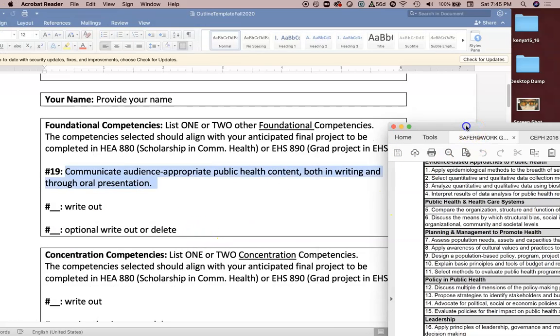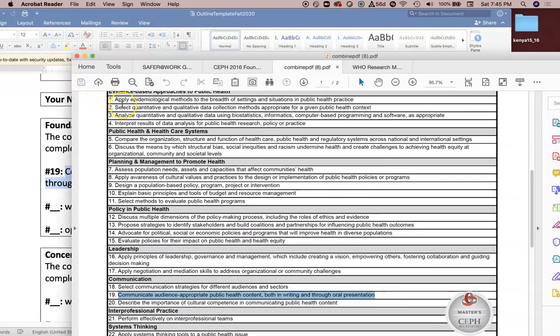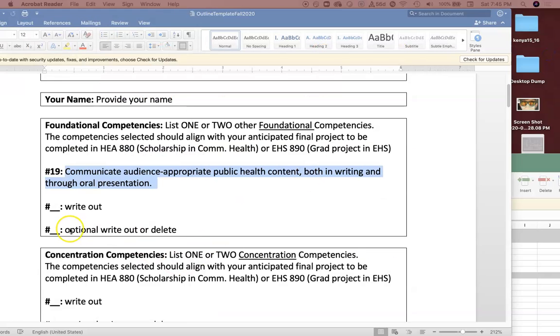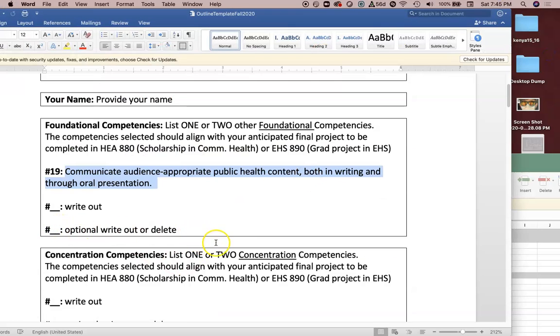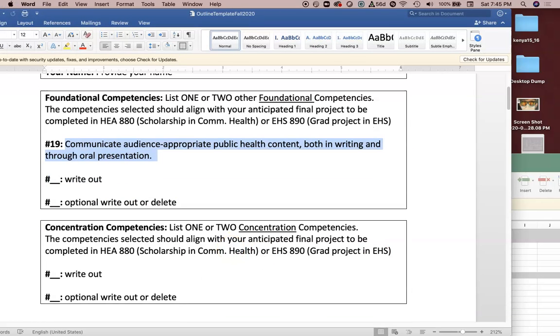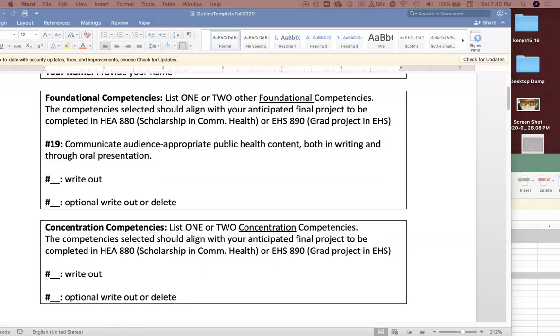If you have another one where it might be apply epidemiological methods or discuss multiple dimensions or whatever one of these other ones might be, you would provide the number and also write that out. Upon completing your foundational competencies that you'll be selecting, this should be fairly easy to do, you will